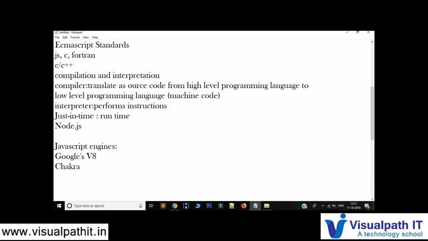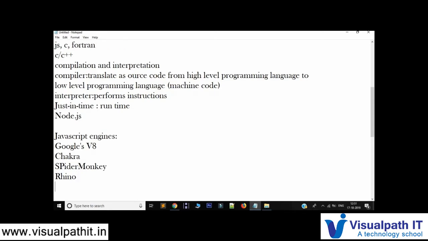So these are the engines which are present even now. The third one is SpiderMonkey, the fourth one is Rhino, and the fifth one is Nashorn.